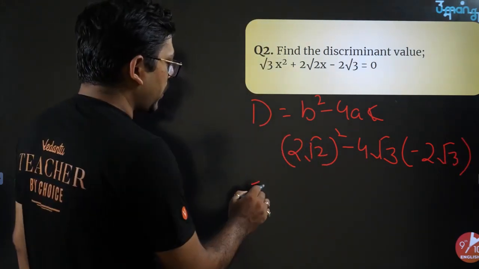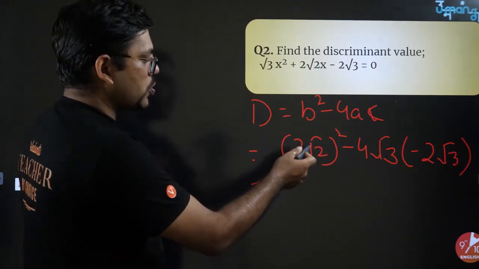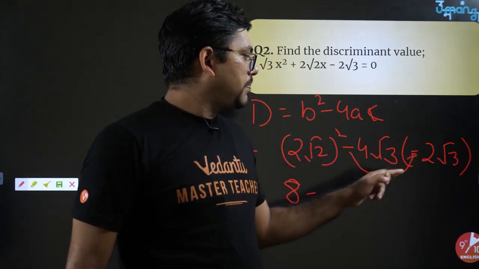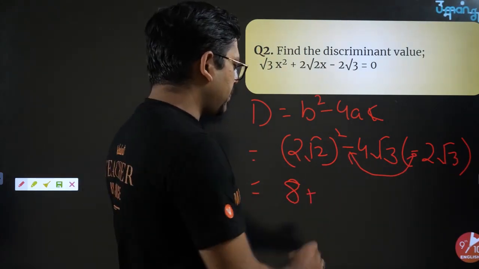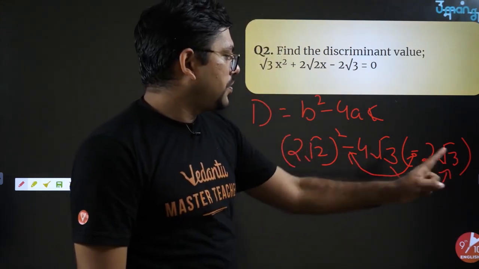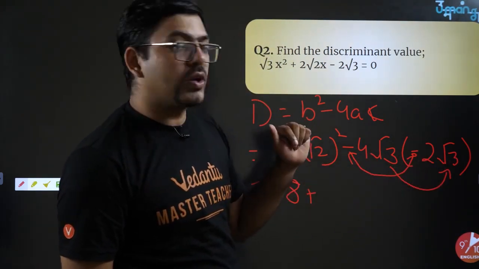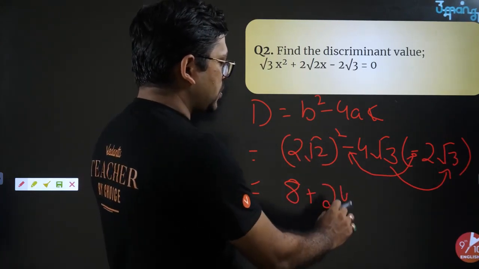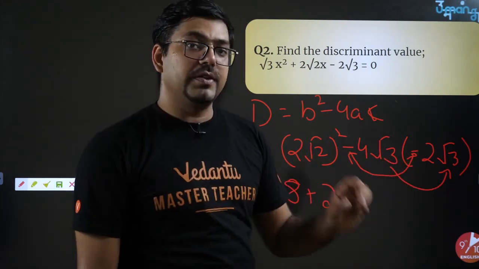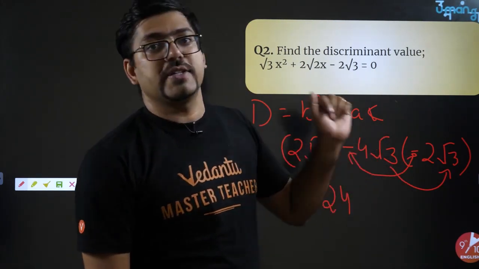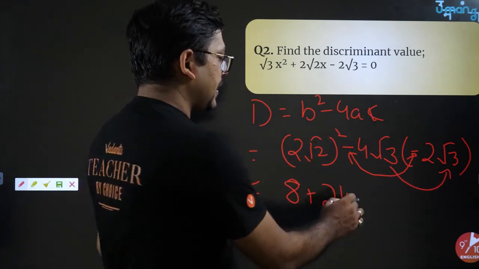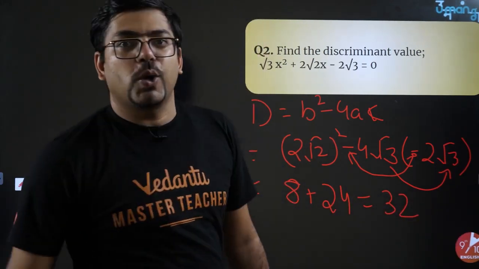Okay, so once you solve it, 2 square 4, 4 root 2 square 2, 4 2s are 8, minus, here minus into minus will become plus, isn't it? Yes, it is going to be plus. Root 3 into root 3 is going to be 3. 3 2s are 6, 6 4s are 24. I'm again repeating, minus into minus, plus, root 3 into root 3, 3. 4 2s are 8, 8 3s are 24. So finally the entire thing is 8 plus 24, actual value is 32. So you got d equals to 32.